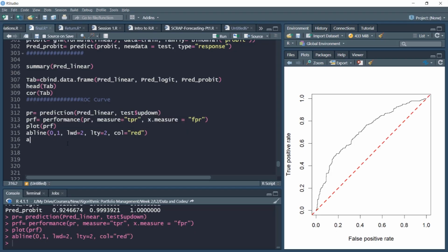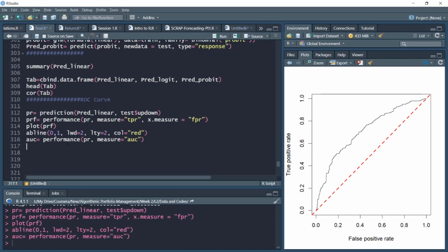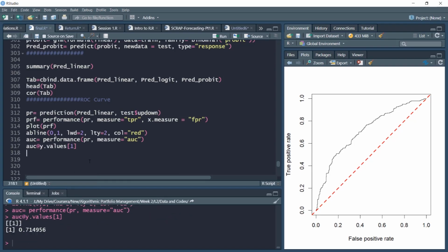One can also compute area under the curve very simply. AUC equal to performance, and we'll supply our prediction object PR along with measure, which is area under the curve. So this will store in AUC. I can simply extract the area under the curve with this AUC y dot values, which is around 71.5%.